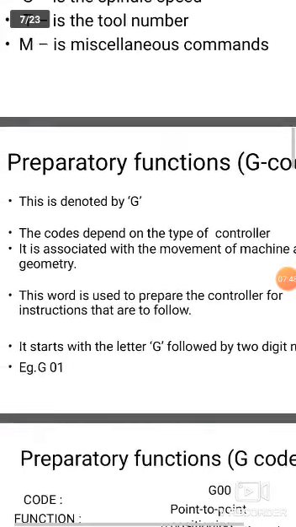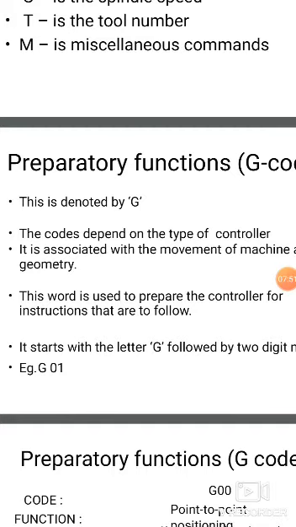So if we write G01 or G02 in a program, G01 indicates linear interpolation, whereas G02 indicates circular interpolation arc clockwise. It has clockwise and anti-clockwise. G03 indicates circular interpolation arc counterclockwise. Like that we write G codes.